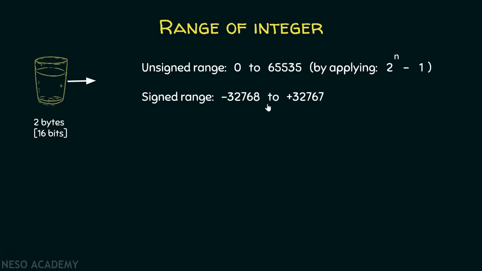Usually, we also have to represent negative values, and that we can do with the help of 2's complement representation. We actually have 3 different representations to represent negative numbers, and they are signed magnitude, 1's complement, and 2's complement. But in most computers, 2's complement representation is used. 2's complement ranges from minus 2 raised to the power n minus 1 to plus 2 raised to the power n minus 1, minus 1.